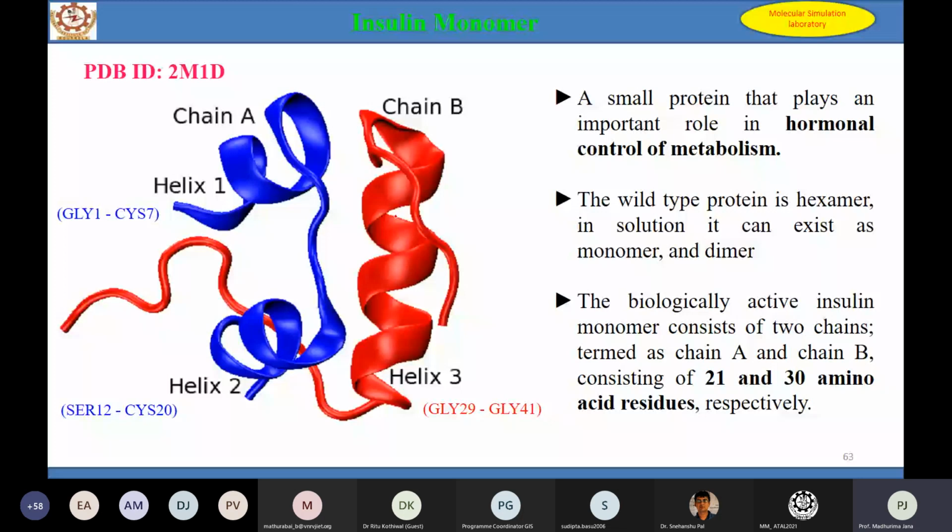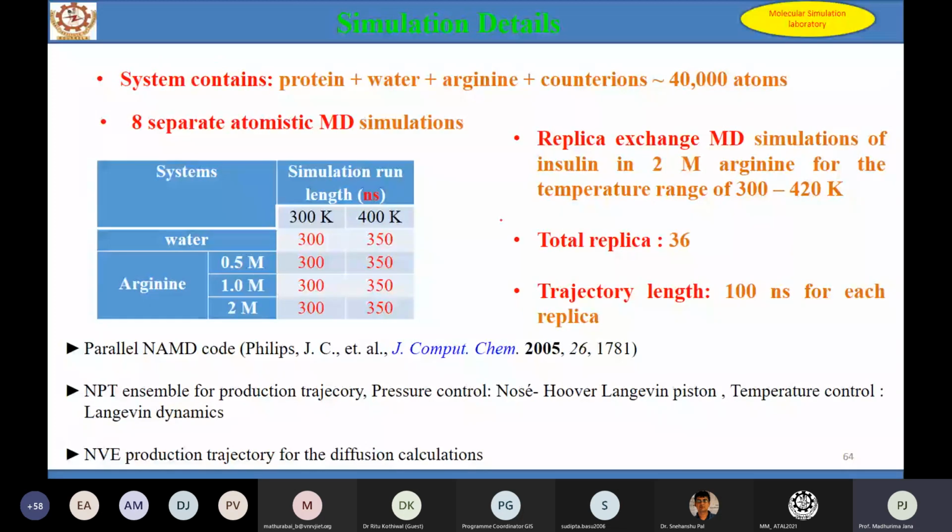We have done not only the classical MD, we have also done replica exchange molecular dynamics simulation, which is one of the sampling methods. To know the protein dynamics beyond a single temperature, we have done it for a lot of temperatures. Our aim has been to know how arginine solution, because we have taken out some of the amino acids, changes with the concentration, which concentration of arginine can stabilize the protein. And we have also used a different temperature range here.